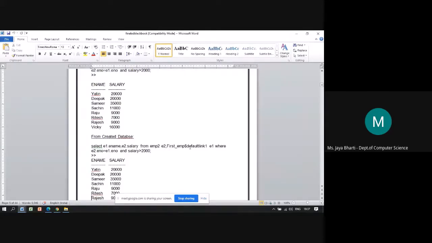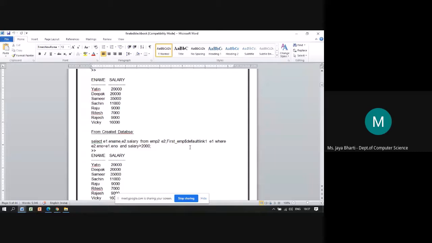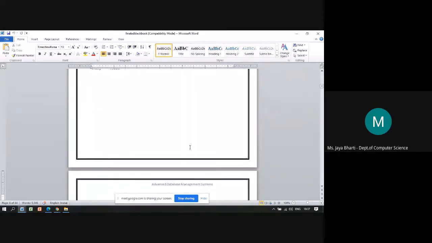If the at-the-rate sign is not working, then try it with the dollar. Where the employee number from e2 matches the employee number from e1 and salary is greater than 2000. Same query, same results.